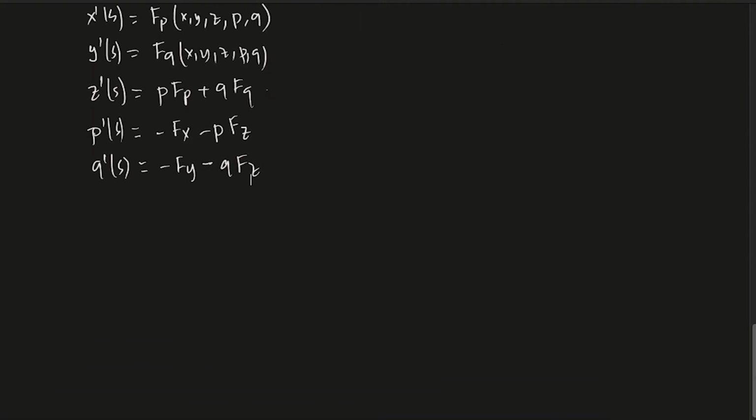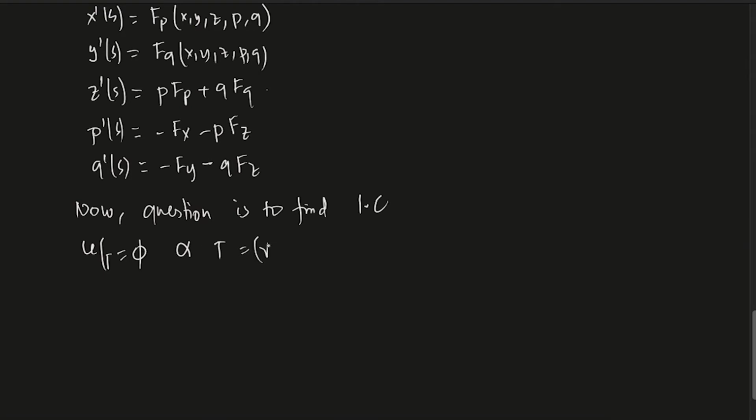Now the question is, this is fine, yeah. How do I find the initial condition? So now the question is to find the initial condition. So essentially u restricted to gamma is phi, given, okay, and gamma is characterized by gamma 1 of r, let's say, and gamma 2 of r. Gamma is parameterized by gamma 1 of r and gamma 2 of r.